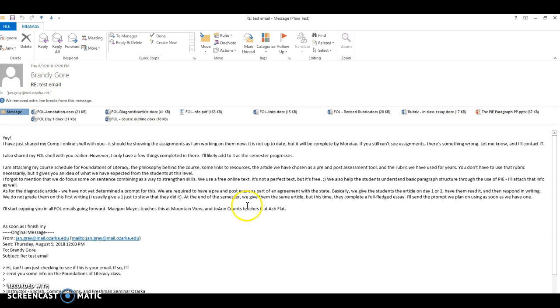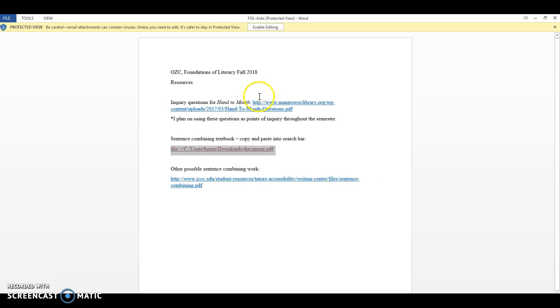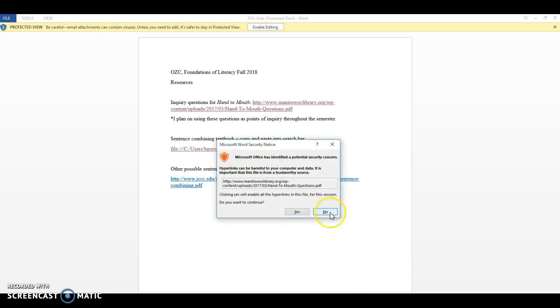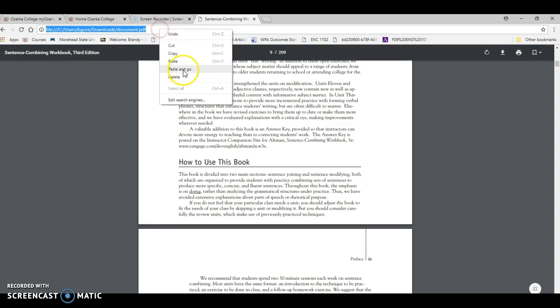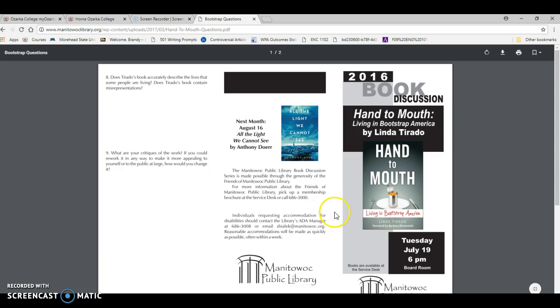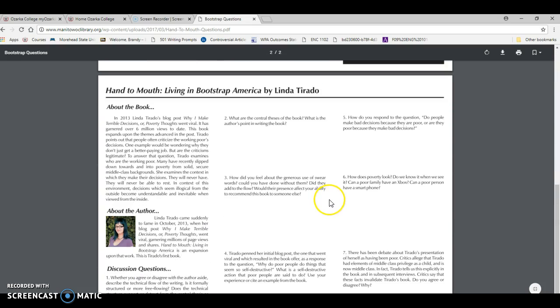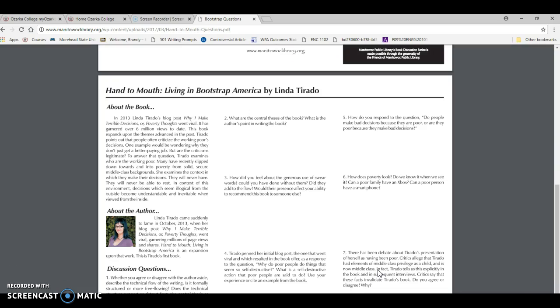Speaking of the preloading, let's see. Oh, back on the links. Right here, this is an excellent text. Just copy and paste again. This is a pamphlet from a library, but they have some excellent questions, and so I'm going to use these questions from day 1 as we read the book to guide the students' reading, and for them to be answering these questions as we go.